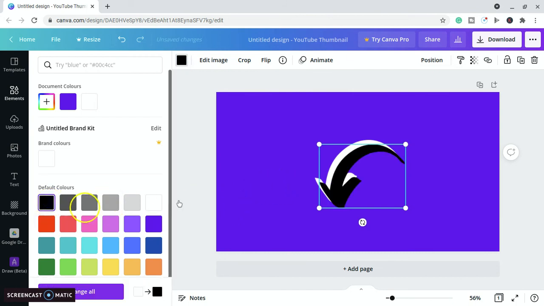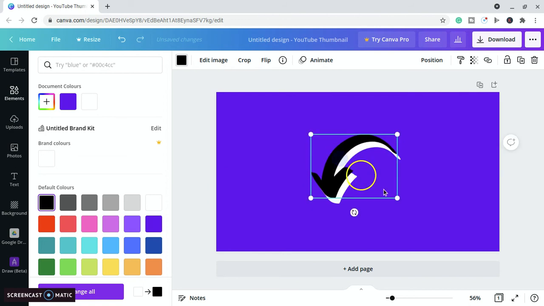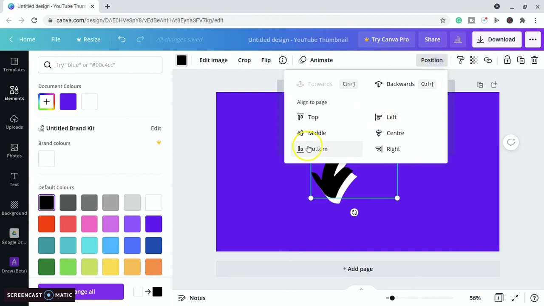Why does that not change color to black? Oh, there we go. And then if you had it on here, you can either change it so you have a light shadow beneath it, or if you swapped position and took it to the bottom,